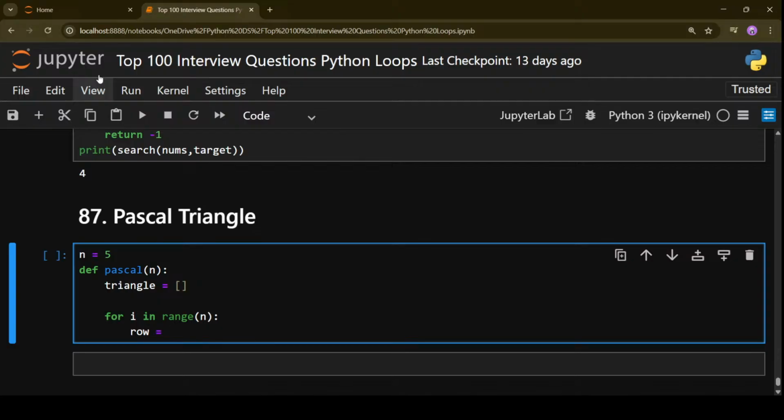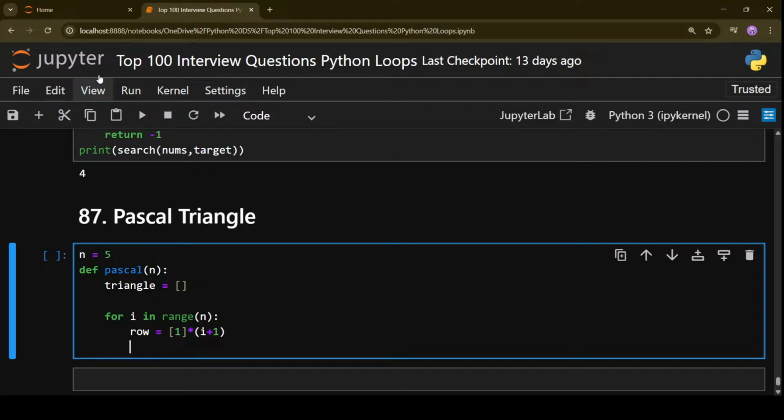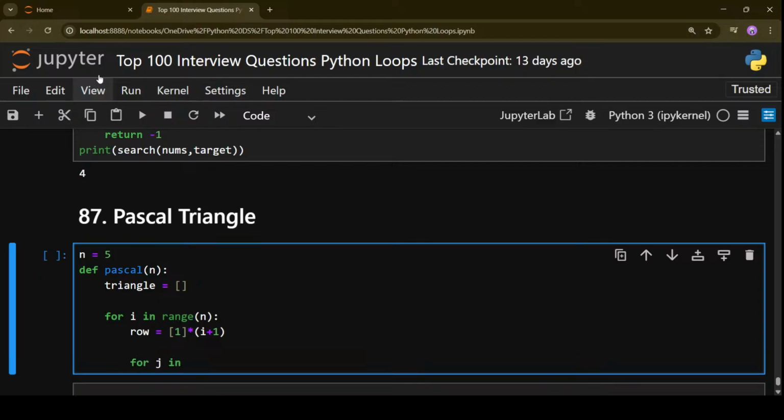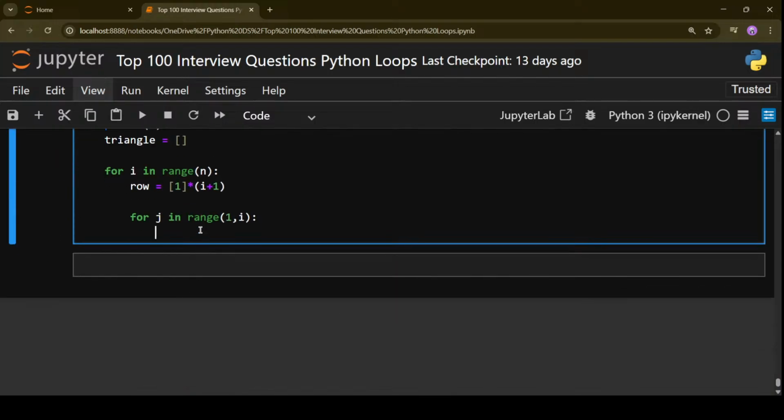Then we'll calculate the first row. Now, each row will start with 1. We'll end at 1. Now, for the middle elements, for j in range, starting from 1 and going till i, row[j] equals triangle[i - 1][j - 1]